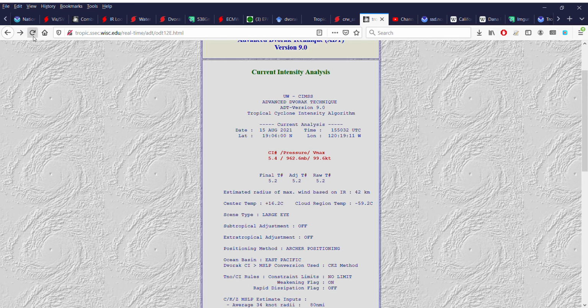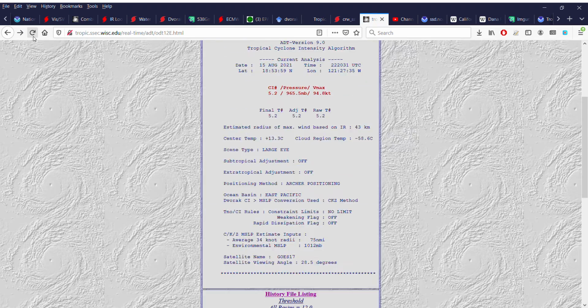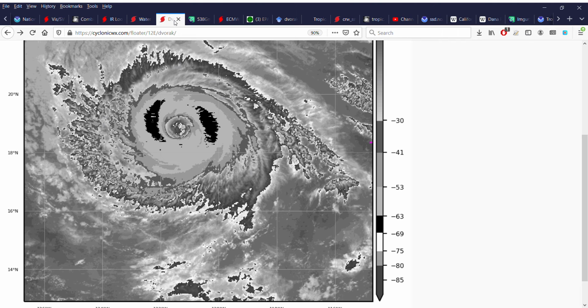The latest ADT estimates have been kind of low due to the storm's large eye, but it's been pretty stable, and the eye itself is pretty warm at 13.3. I think, structurally, these annular hurricanes are very stable. What will change is the satellite intensity estimates, because satellite intensity estimates for hurricanes are based on eye warmth and convective activity, and that will fluctuate throughout the course of the day due to diurnal cycles. As a result, I'd like to see the official intensity estimates from the National Hurricane Center